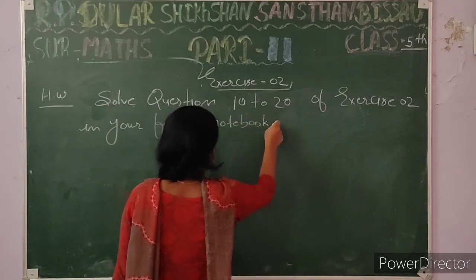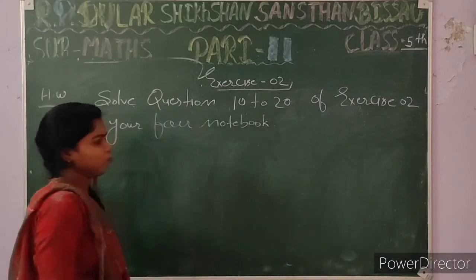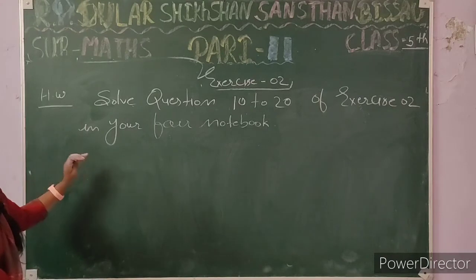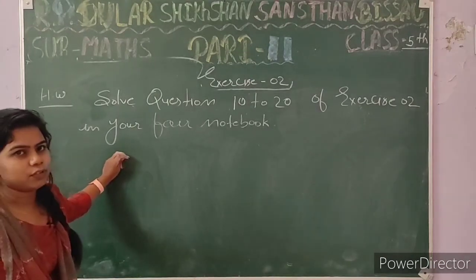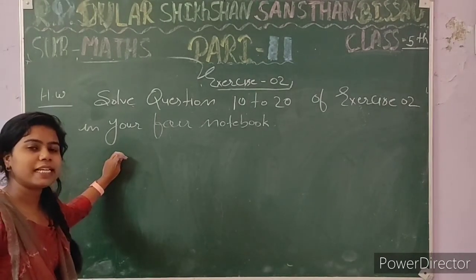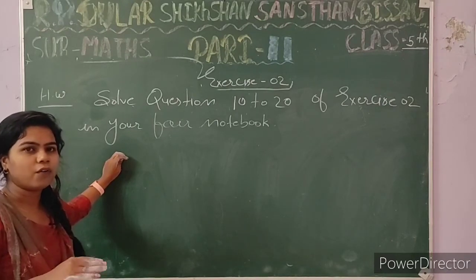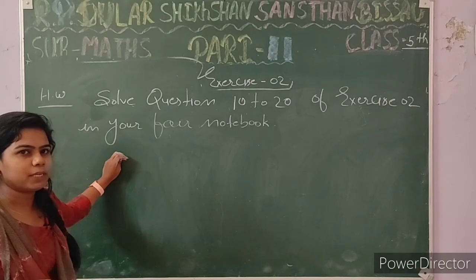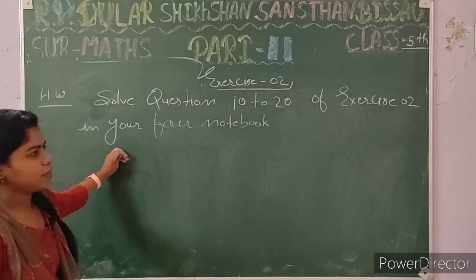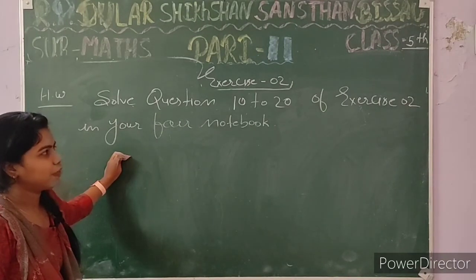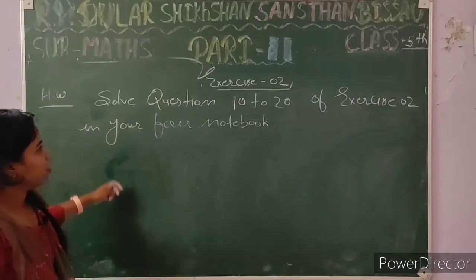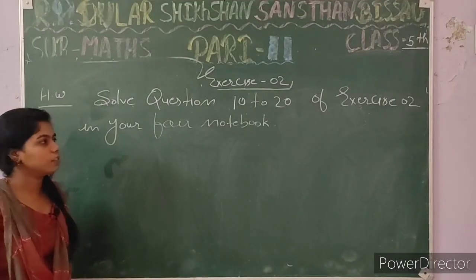Students, today I tell you about 10 to 20 questions. First of all, Indian number system questions, according to 10 to 17. Okay, these type of questions. And in previous classes I explained word problems, how we add and subtract if we have different types of word problems. So they are the same questions. Okay, you can do your 10 to 20 questions, and I tell you some other questions in the next class. So today, this is your homework.